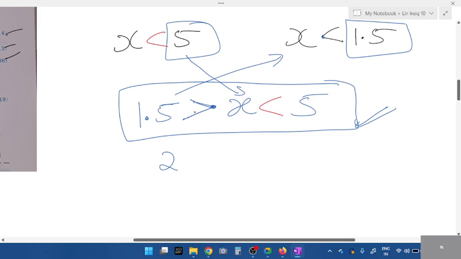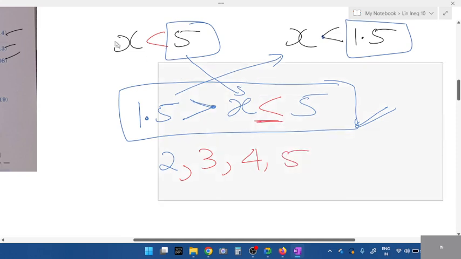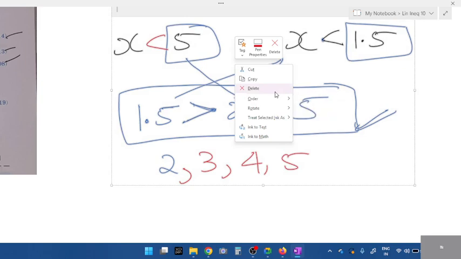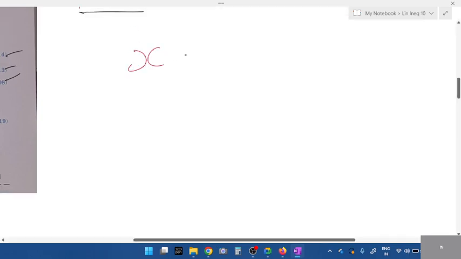So 1.5 is greater than x. Okay, this is how you read it. 1.5 is greater than x. So it has to be 2, whatever number lies in between them. 2, 3, 4. If is equal to is given, you can add even 5 here. So these are the two positive numbers. What if one positive number is given? X is greater than 5, x is less than